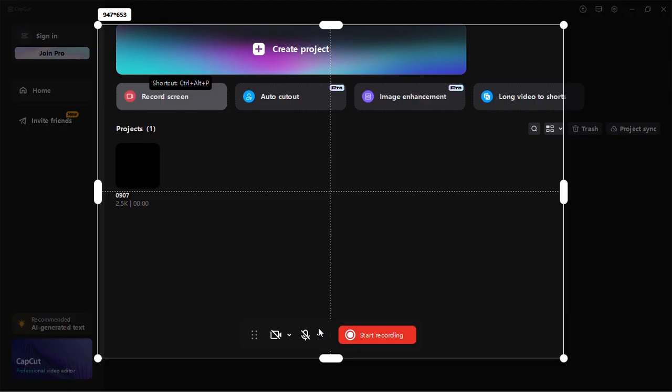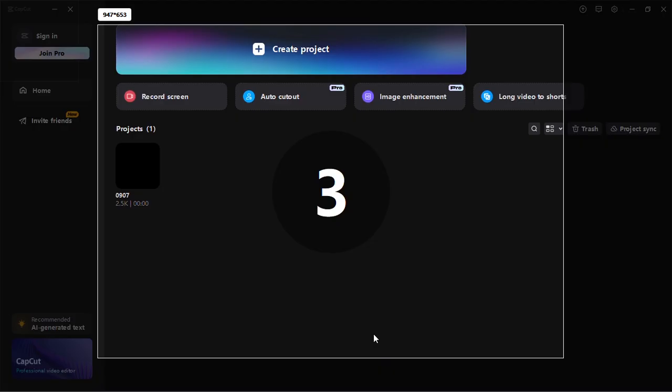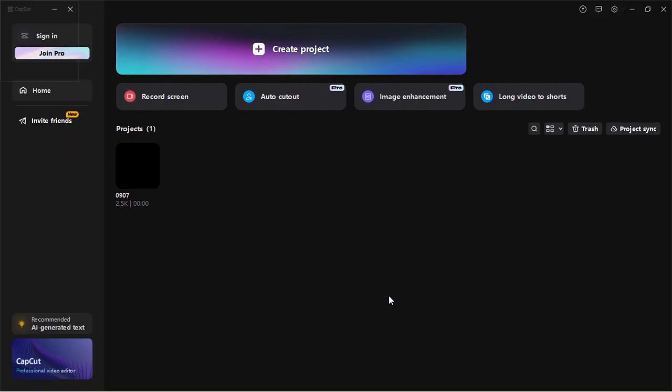Once you're all set up, click the Start Recording button and wait for the countdown. Now, CapCut is recording my screen. Once you're done recording, click the Stop Recording button